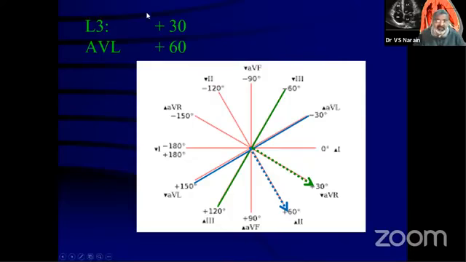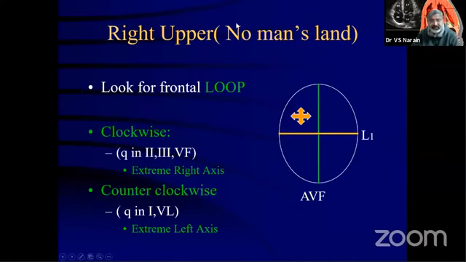And lead 3 aVL and lead 2 aVR go together. So just ratify this: lead 2 aVR go together, lead 3 aVL go together, and these are used to get the axis by seeing which one of them is showing an equiphasic complex. And if it is in the no man's land, that is, in this quadrant, you're not sure whether the axis has gone from the right side or from the left side. There you could use whether it is a clockwise loop or a counterclockwise loop.